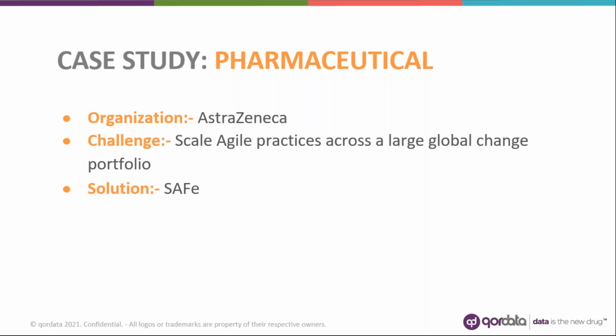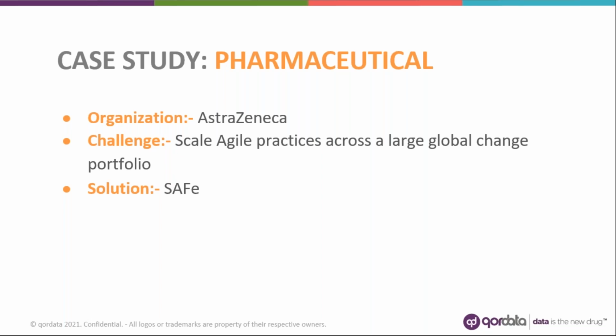So the AZ team, or AstraZeneca team, are pushing the boundaries of science to make a difference through medicines for patients, their families, and society in general. AZ believes that scientific research and applying leading technologies are key to achieving cutting-edge innovation. In AZ, IT is helping to push the boundaries of science to deliver life-changing medicines by continuously improving the IT environment and working with business teams to innovate for competitive advantage.